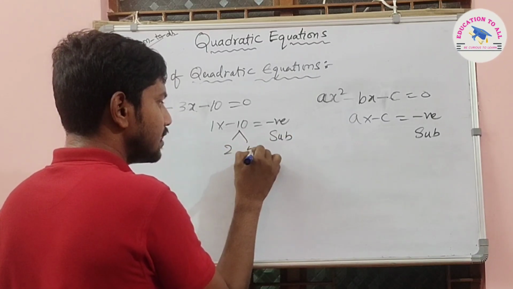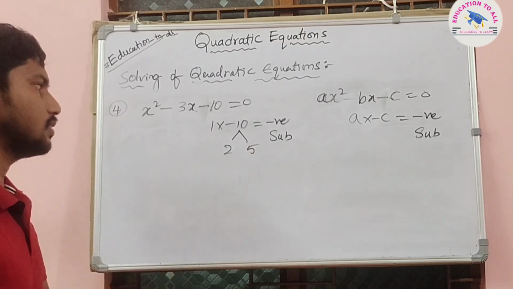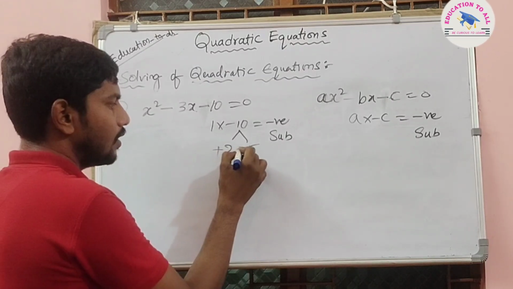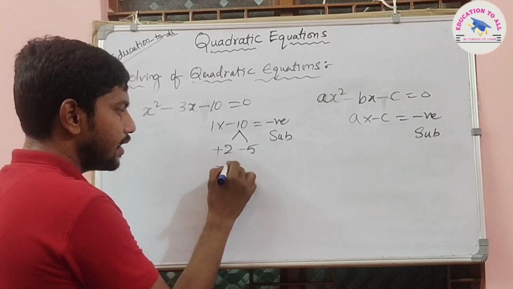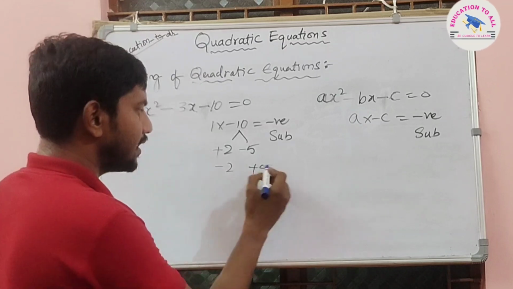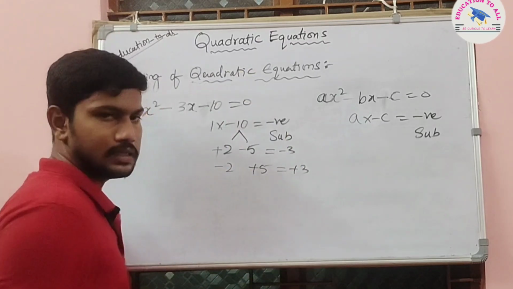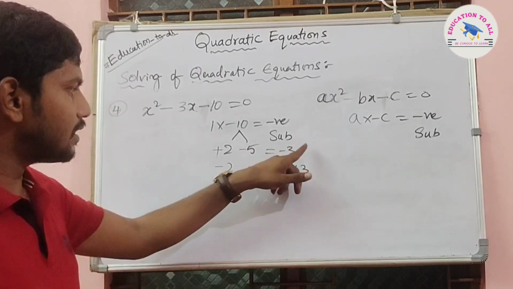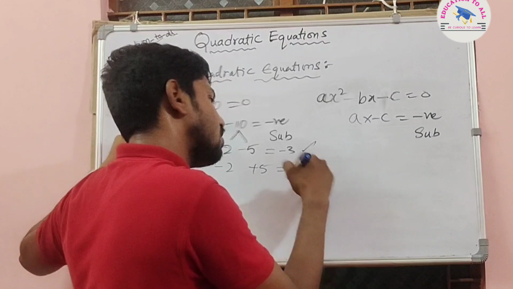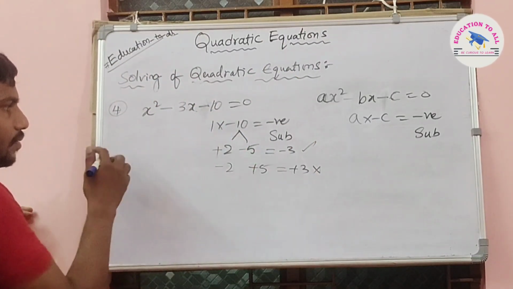So 2 5s are 10. And again we do what? Subtracting the factors. Now there are two possibilities. One is positive here and negative here, otherwise negative here and positive here. In these two conditions, here we will get positive 3, but here we will get minus 3 in the resultant. So which is our requirement? Minus 3 is our requirement. So this is the correct assumption, and this is the wrong assumption. So go and substitute the values with the variables.